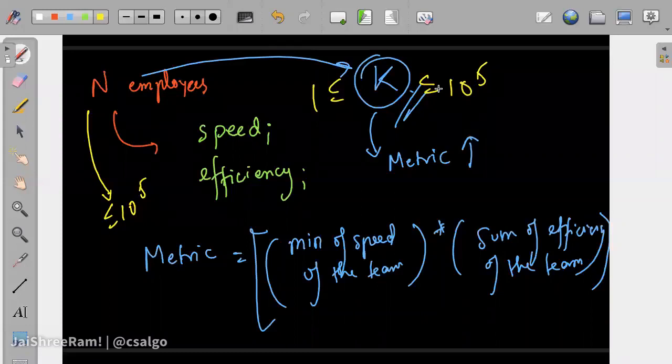So how do we do this? You have to just print the maximum metric, that's fine. If we want to, we can even print the answer team as well, but let's say we just want to print the maximum metric.